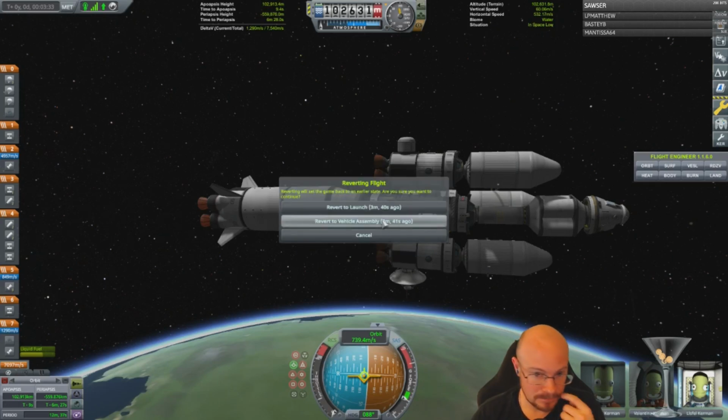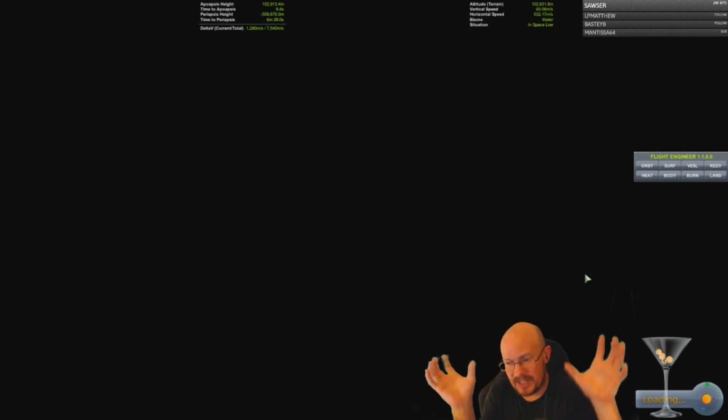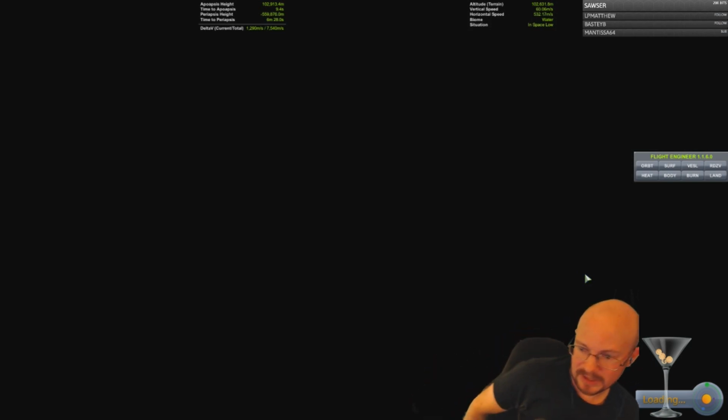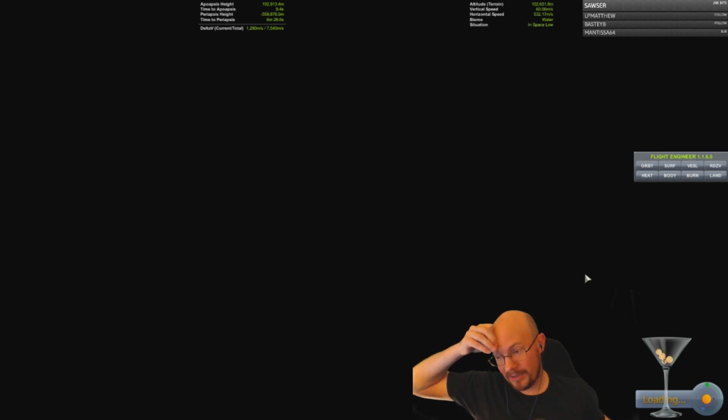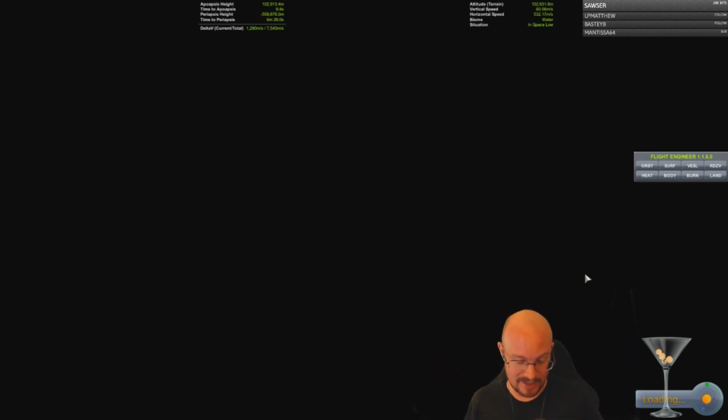Kraken strikes again. Okay, well, I'm going to just keep the fairing on. Maybe the fairing being off is causing some weird vibration. That was an Apollo 13 moment. Well, it's happened twice in a row now, so I don't know what's causing that. I'm going to keep the fairing on and see if...